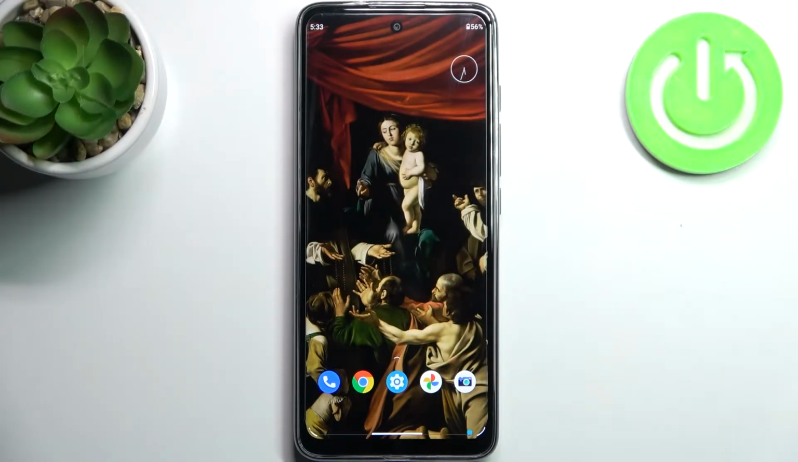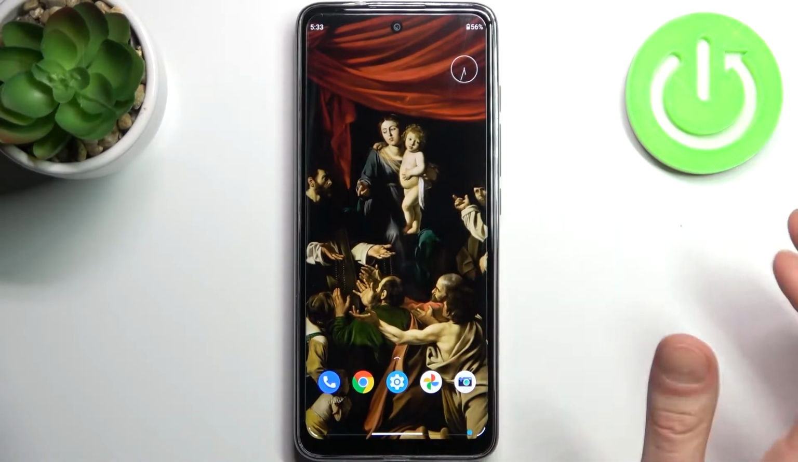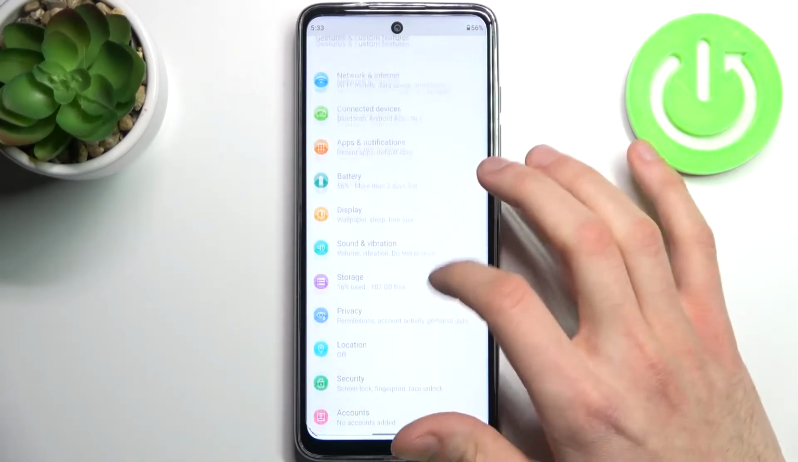Here I have Motorola Moto G60s, and today I'm going to show you how to change ringtone on this device. So first let's open settings, then go to the